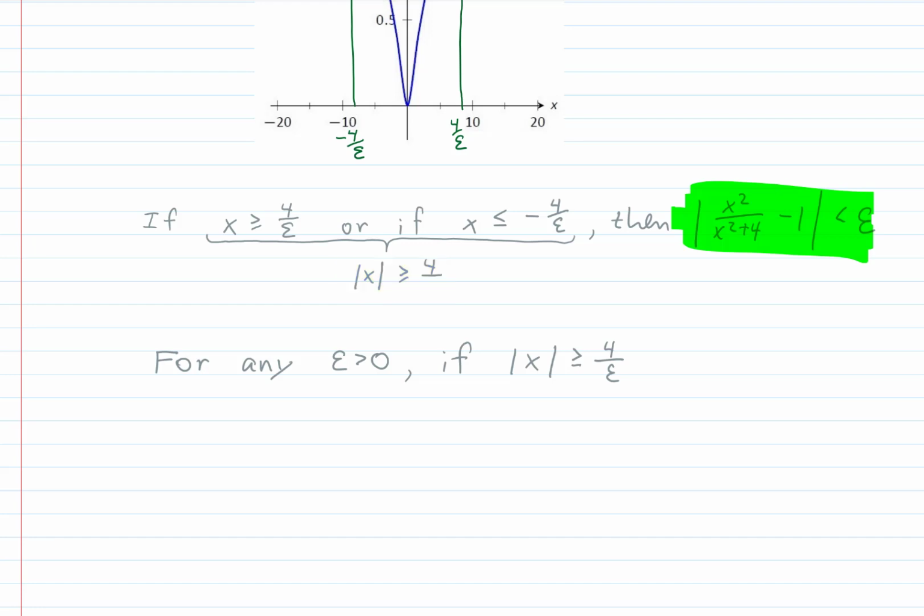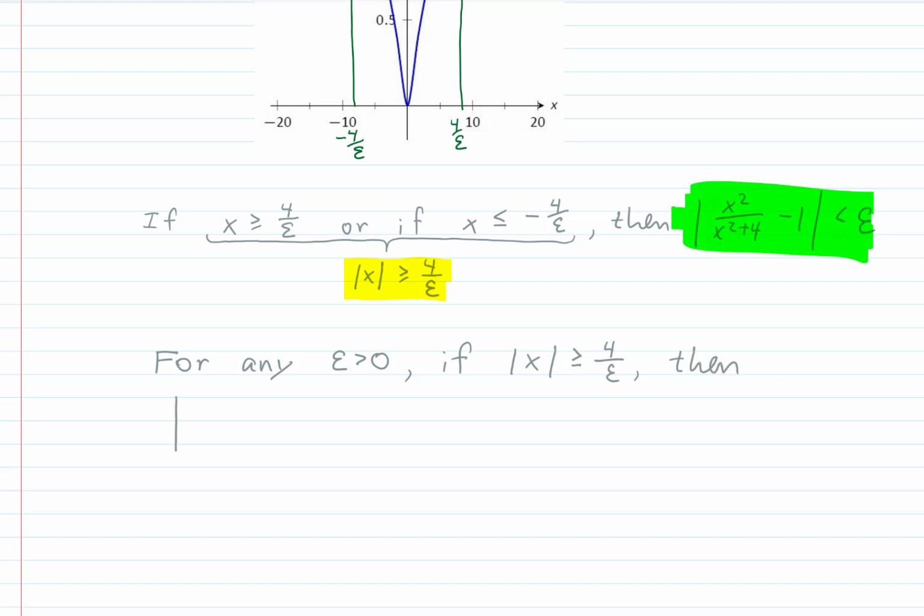I accidentally get my epsilons backwards and then they look like 3's. So let me fix that. Okay. For any epsilon greater than 0, if the absolute value of x is equal to or greater than 4 over epsilon, comma, then